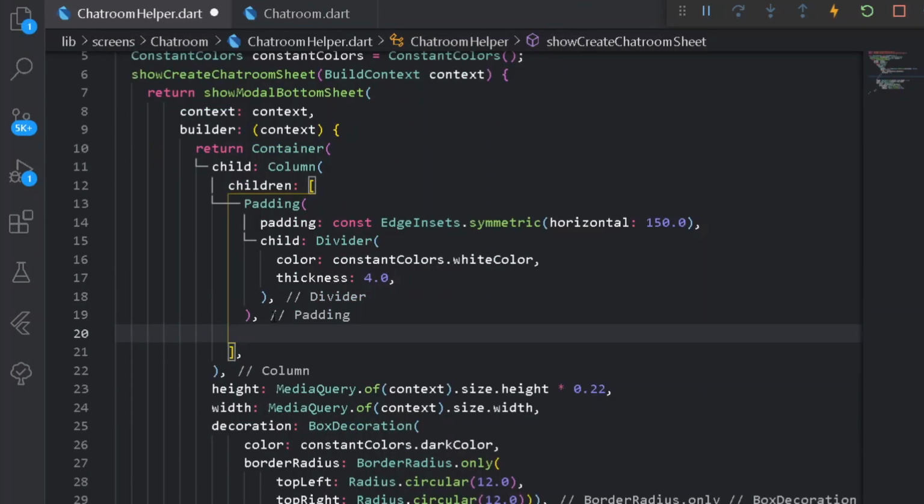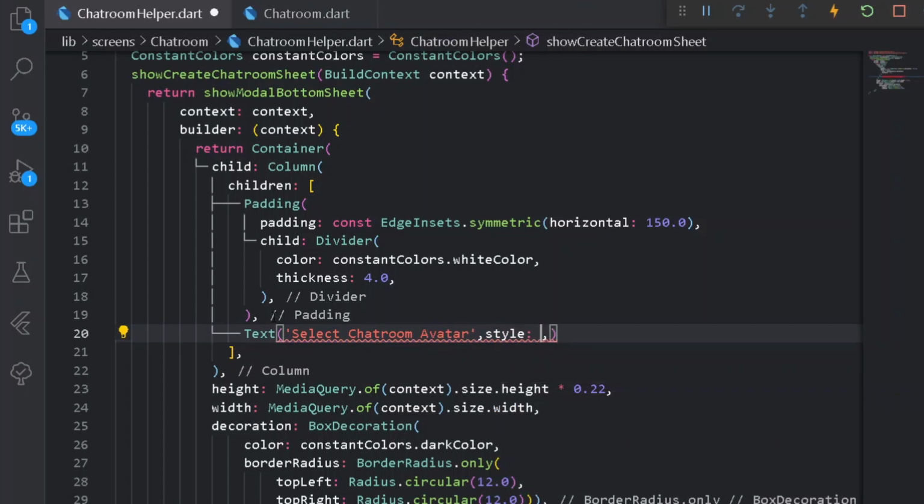After having the particular padding, we shall be showing the user a StreamBuilder, for choosing a particular avatar for the chat room. If you check my Cloud Firestore, I have a collection created for chat room avatars, and the collection contains different images for the chat room. But before that we can have a Text here. Under the following text I can say select chat room avatar.